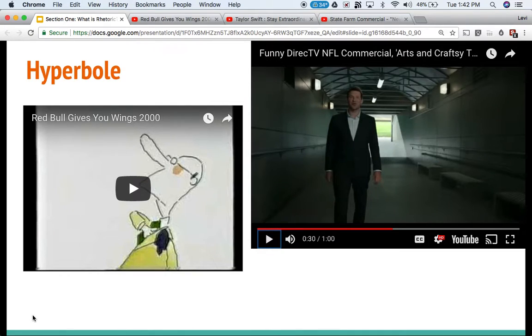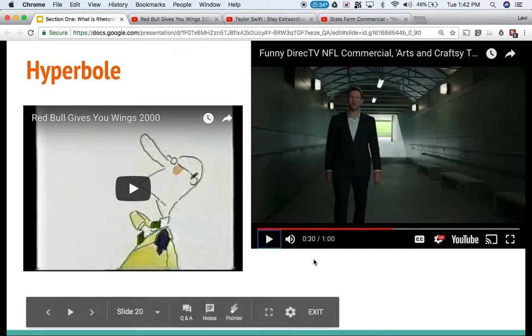All right, and so that one is the DirecTV Tony Romo, who's wearing the suit and has all the friends in a nice looking apartment, and Arts and Craftsy Tony Romo, who has cable. Now, most of us have cable. I have DirecTV, but most of us have cable, and we're not like that. So it's using hyperbole to say, if you don't have DirecTV, you're kind of a loser, who doesn't care about sports. And so that's the comparison. That's the extreme contrast that they wanted to do with that commercial.